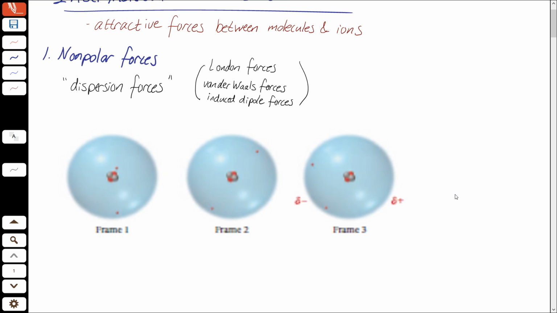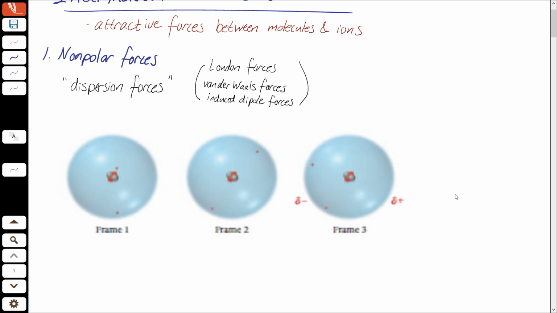Good so far? All right. So that's fine. If that were an isolated atom in the gas state, it wouldn't really mean anything, and the electrons would go on distributing however they go on. But if we have more of a condensed state where the atoms are closer together, like in a liquid or a solid,